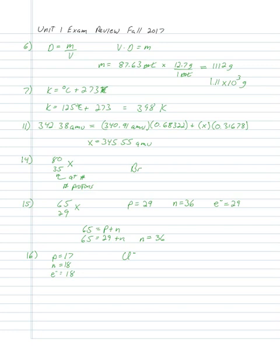Number 17. Yep, I figured 17 was coming. 17 is similar to the one we did on the previous page, although here we're just looking to calculate that average atomic mass. We have the abundances. So on number 17, we're going to convert our percentages into fractional amounts, decimal fraction amounts. So we're going to say that our atomic mass is going to be equal to each